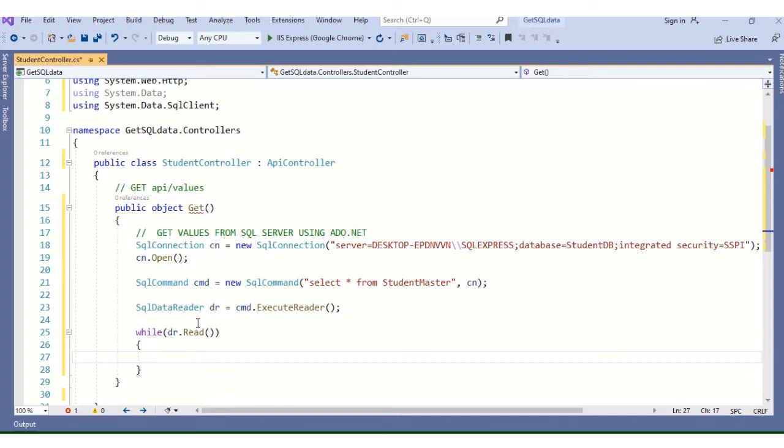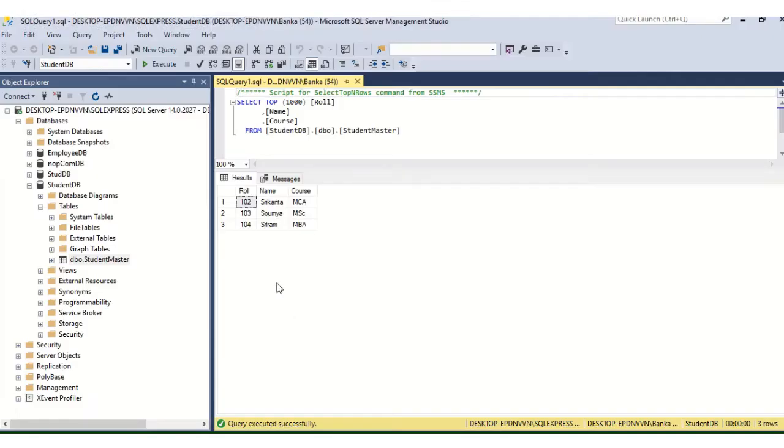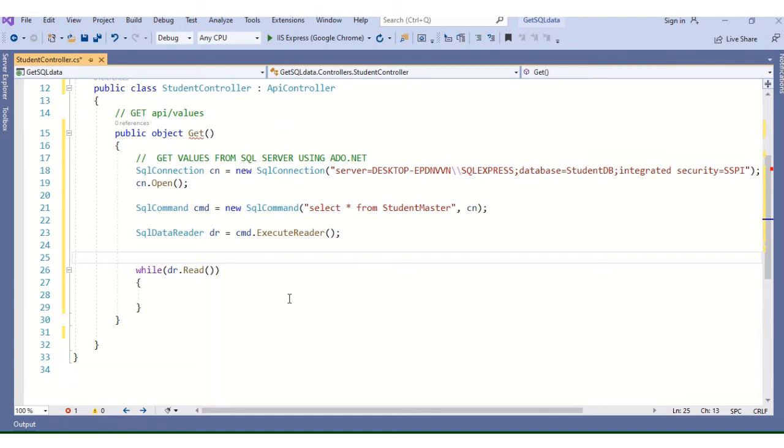So what I will do, I will create an array of students and add to the array. You see here, this is the student master table with role, name and course. So what I will do,